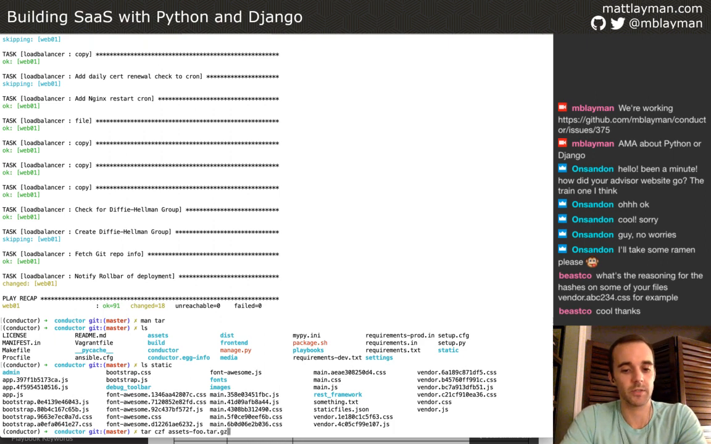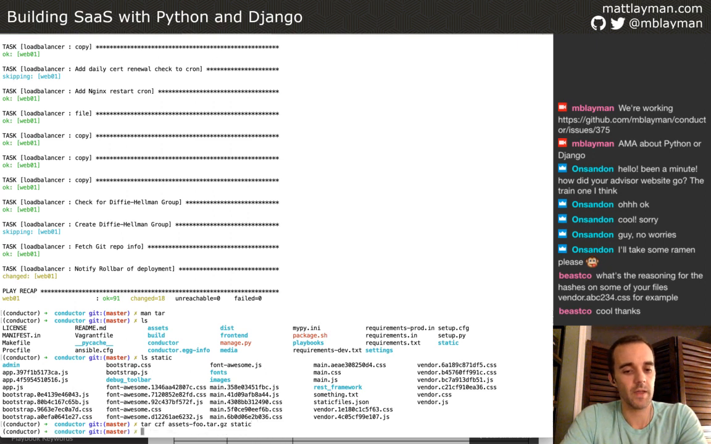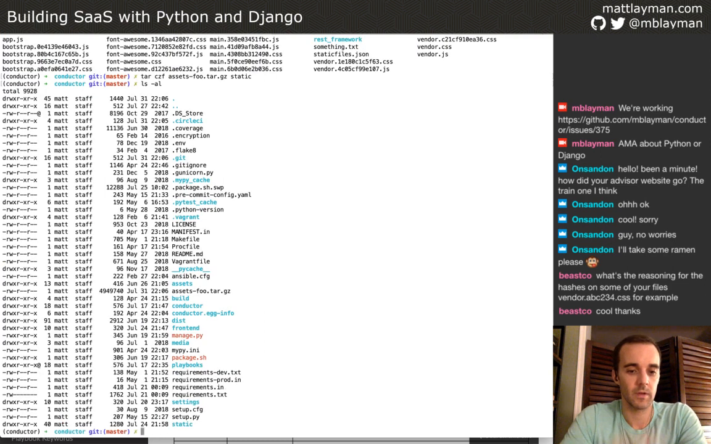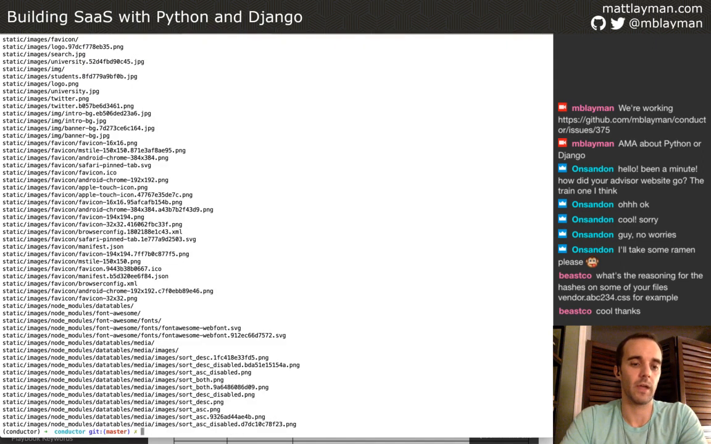asserts foo.tar.gz. I'm going to point it at static. Run that. And now we should have an assets foo file. We do. And we can do tzf on assets foo. And you can see it's got that static prefix that we don't want. Okay, so let's remove that file